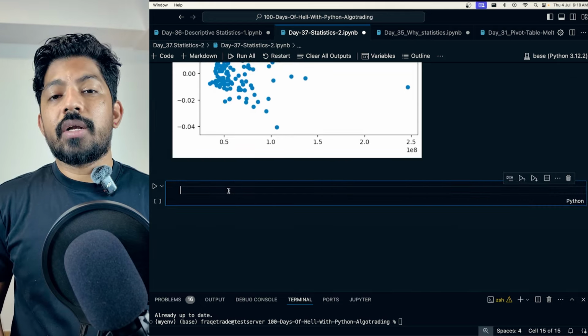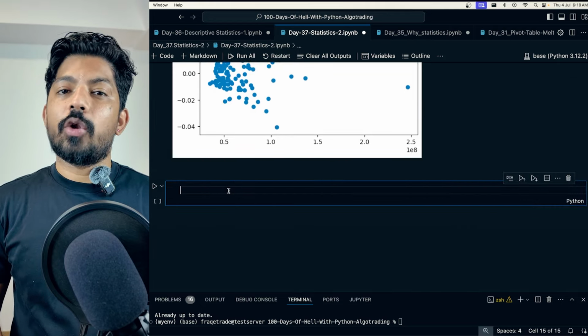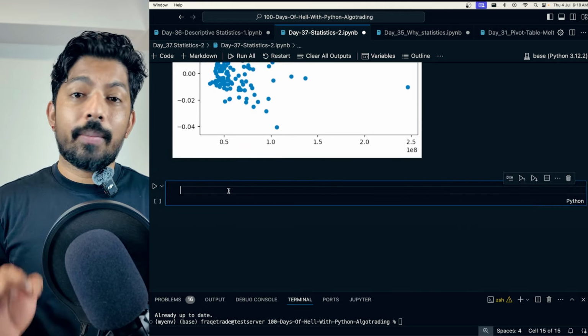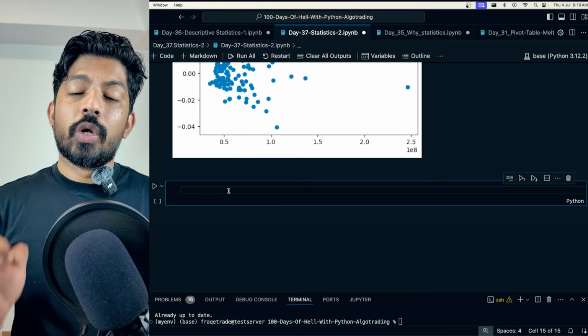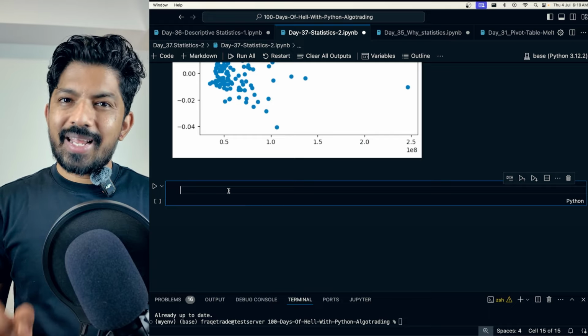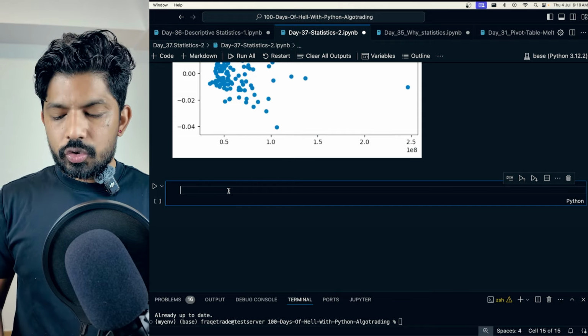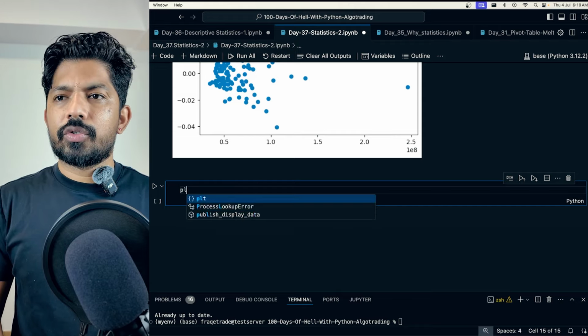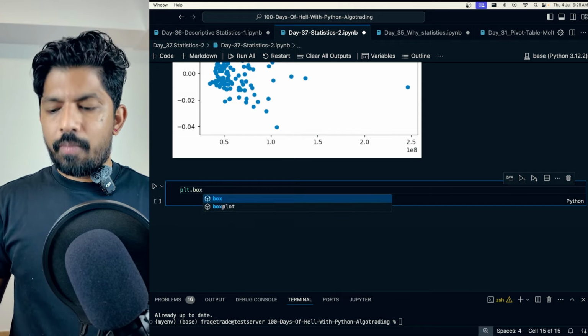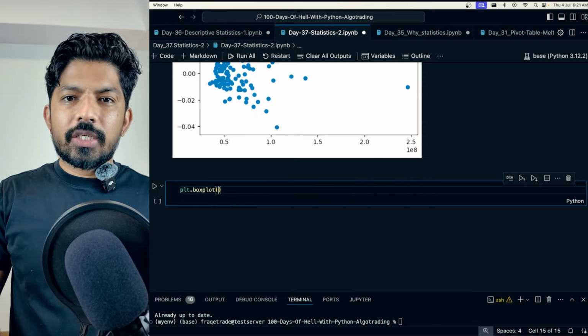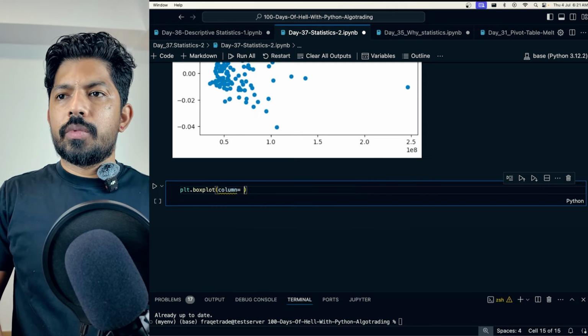And now the last one is when we have a categorical and a numerical column. For that, you can draw a box plot. For the box plot, I also need to show you something, the percentile and IQR concept. Then only will you be able to understand the box plot. But let me draw it first. So plot and box plot. Here you have to pass a column. So column is equal to